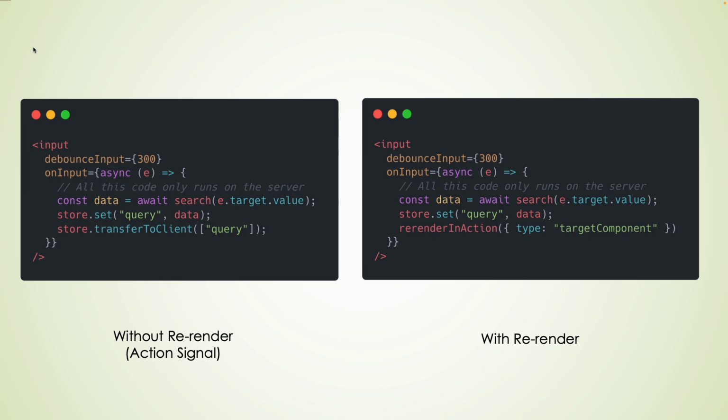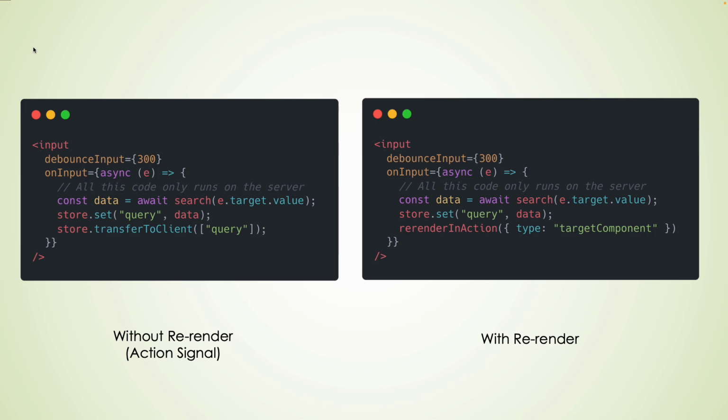Also, as you can see, this code is server code. So on the server, we can access the event target value. So you can use the web platform on the server, the events on the server. And then after this action, there are two different ways. The first one is without any render. This is the concept of action signal that I mentioned at the beginning. And this is very powerful if you have some web components. To understand how it works,